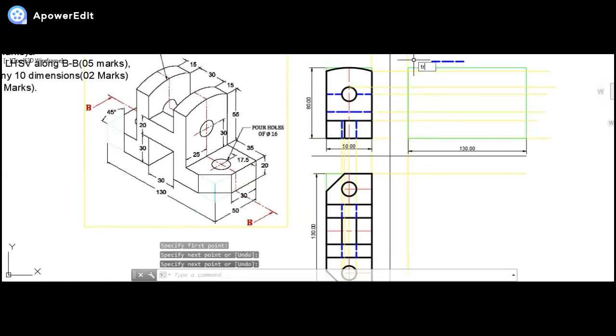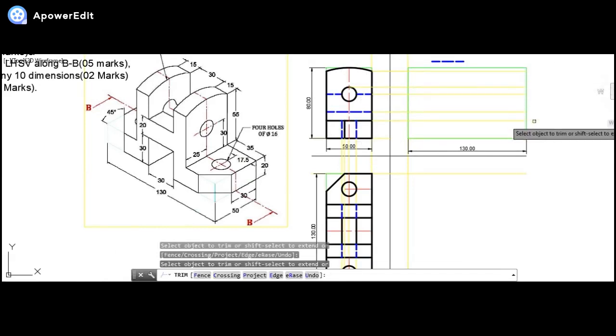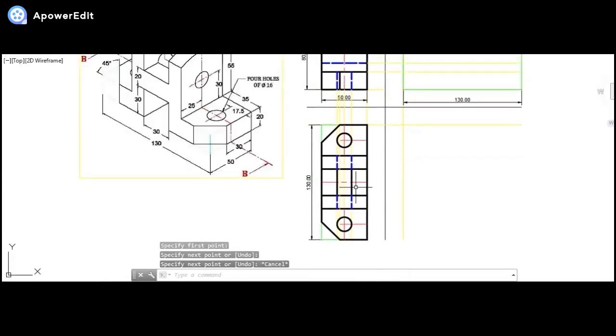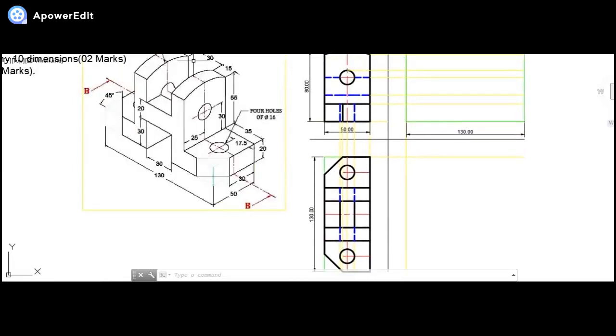Okay, so after getting all these, I can simply trim out these edges. One by one we are done. So now I can simply draw a center line over here from this till here. Very easily it can be shown like this. Just to check, in the top view the distance which is left out was 30, but already the edges are seen, so these hidden edges are not going to come.